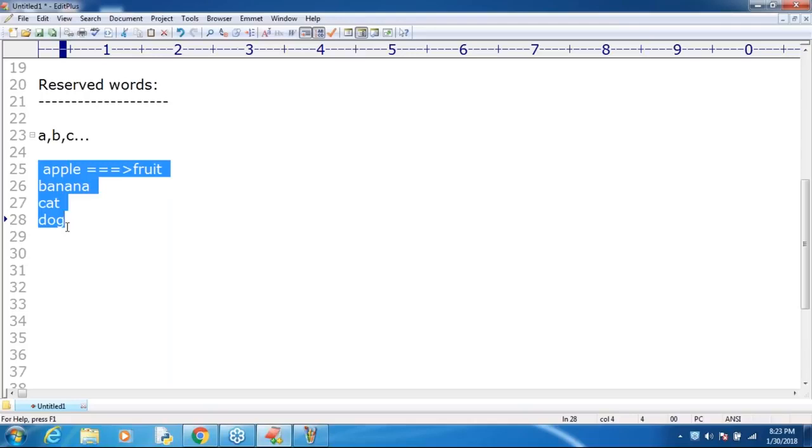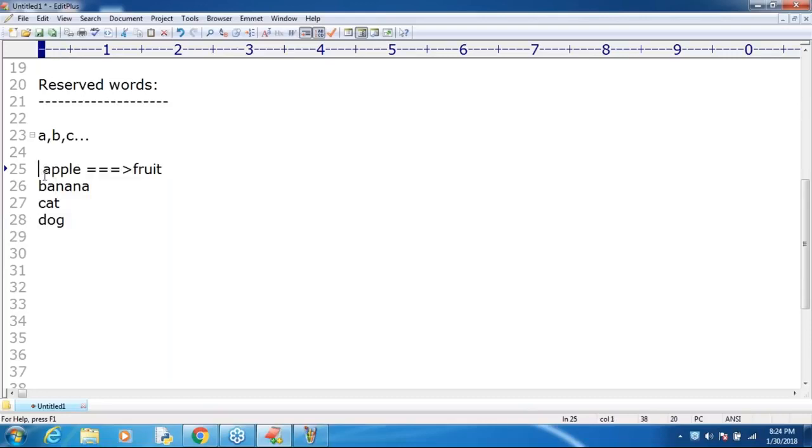The words which are reserved to represent some meaning or functionality are by default considered reserved words. Best example for you: if you go to some public meetings or functions, in the first row there are VIP chairs by default, and you can see stickers reserved for CM, reserved for MLA, reserved for PM. No one is allowed to sit there, right? Sir, this chair is reserved only for that particular person. Remember that.